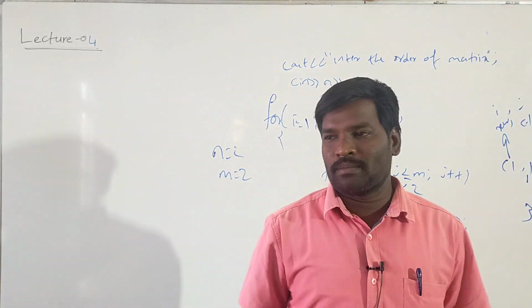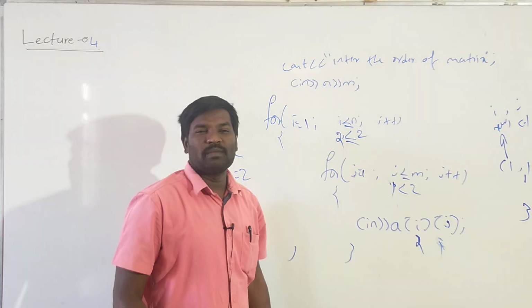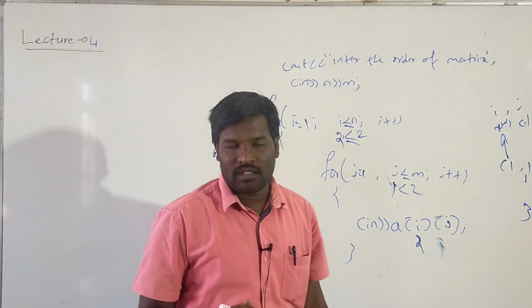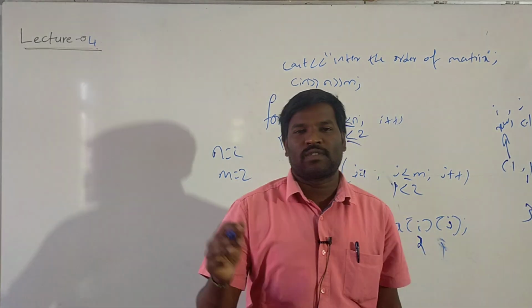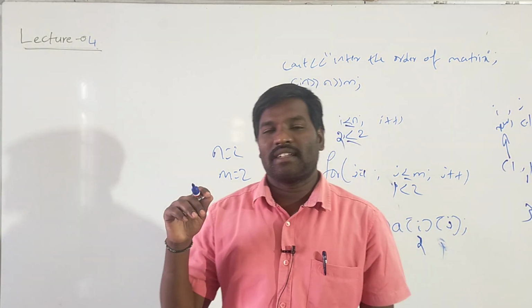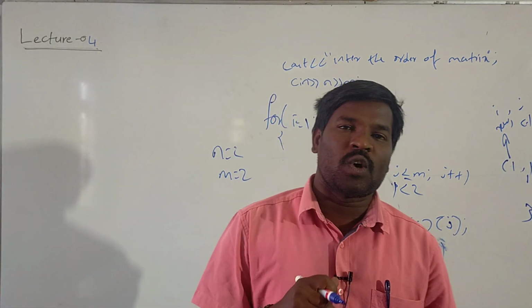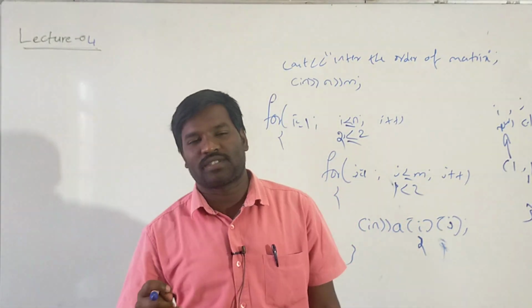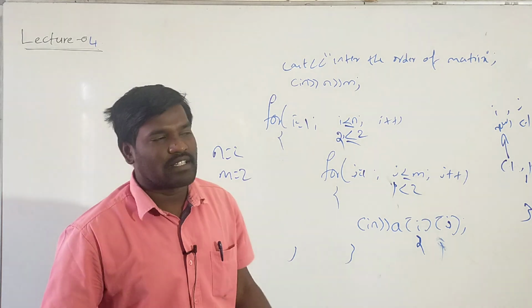If you want to write a program for 2-dimensional arrays, whatever the program may be, the first thing we have to remember is that compulsorily we have to write this part. Similar to the 1-dimensional array. In a 1-dimensional array, if you want to write any program, the first step is you declare the variables, next you enter the limit, next you enter the number of elements. To enter the elements we compulsorily use a for loop, and within the for loop you write cin of a of i. Here also the same thing.